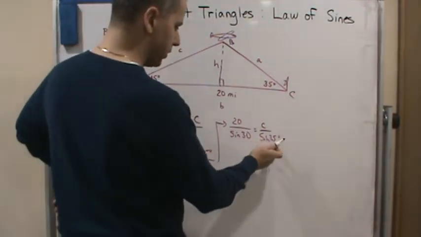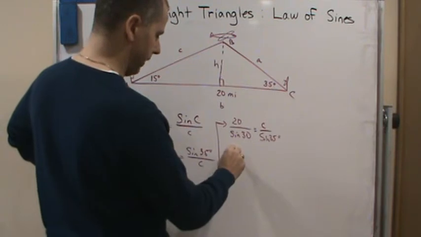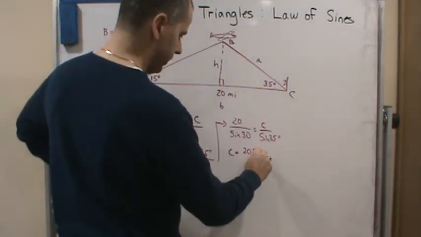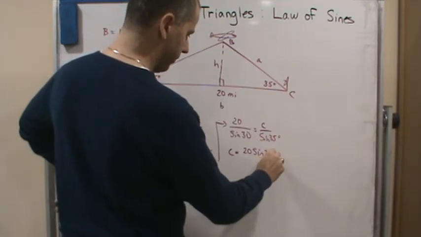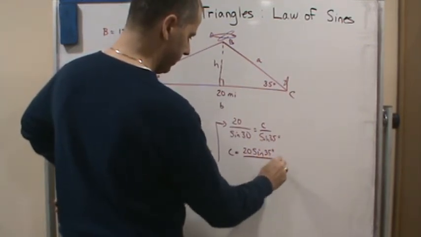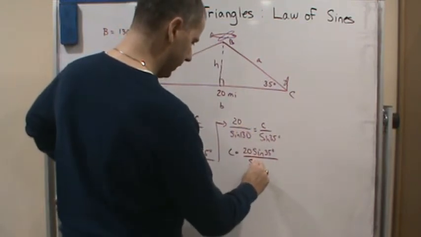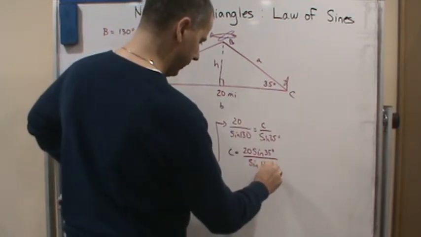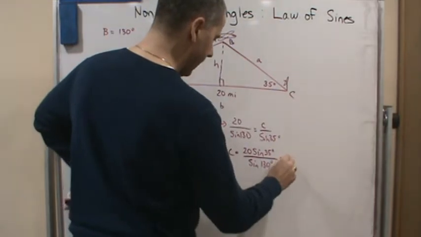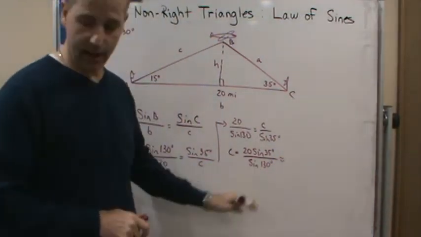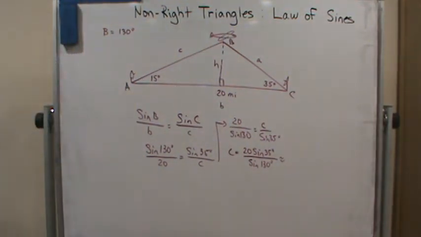And if I multiply both sides by sine of 35 degrees, I get c is equal to 20 times the sine of 35 degrees divided by sine of 130 degrees. Now, let's round this to the nearest tenth of a mile, because that's what they want us to do. Now, if I do that, I get,